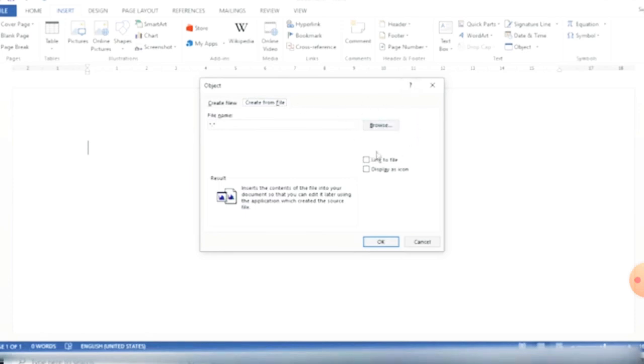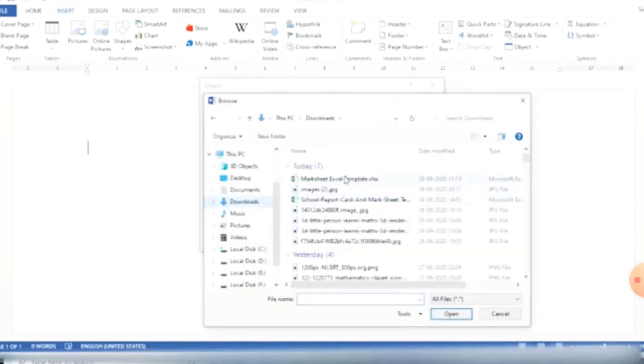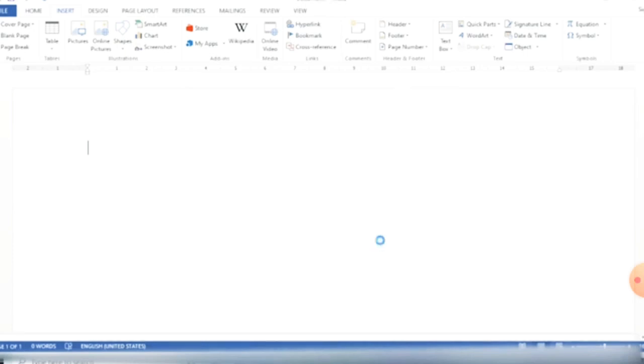Click Browse for inserting your objects. It can be in the form of images, a PDF file or an Excel file. Select that file and click the OK button, and it lets you insert the MS Excel file.